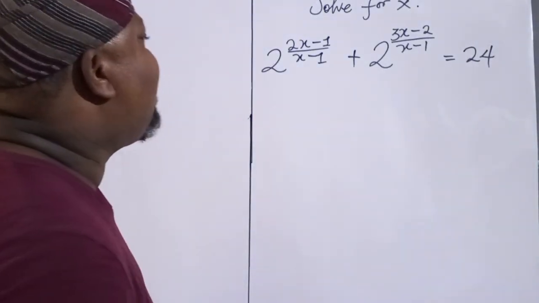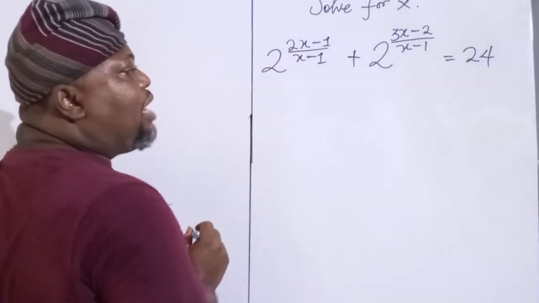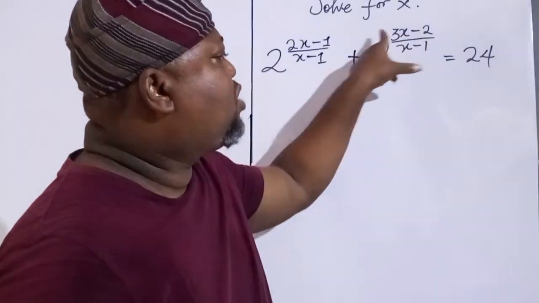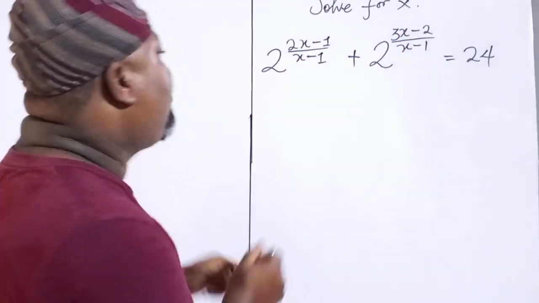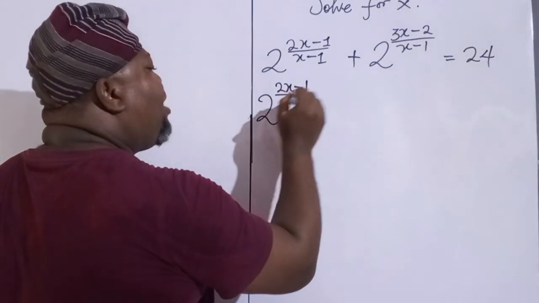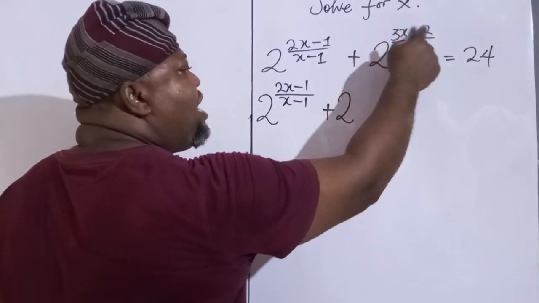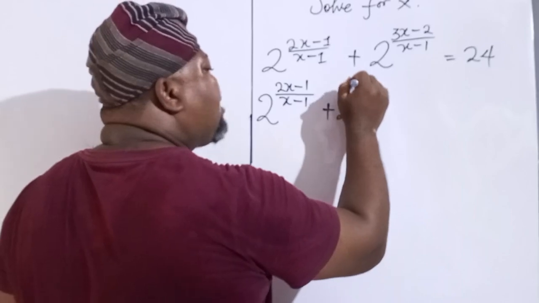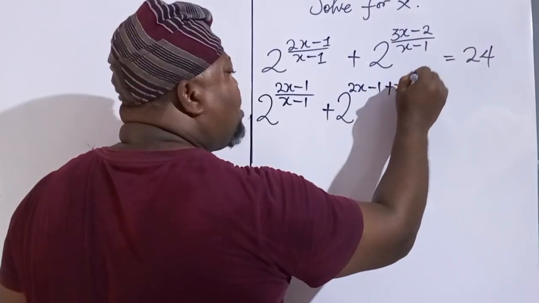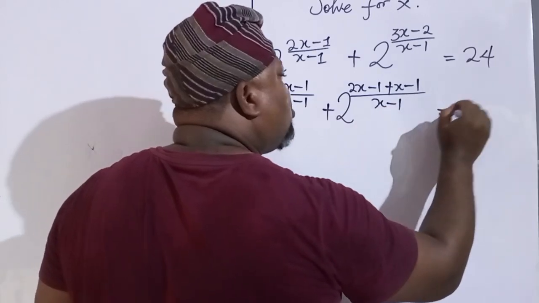Alright, the first step here is to apply the law of indices. You see that now? So this actually remains the way it is. I want to manipulate this power here to look like this one here. So I'll be having to the power of (2x minus 1) over (x minus 1), then plus to the power of... This one up here, I want to make it 2x minus 1, then I'll now have plus x minus 1, all over x minus 1, is equal to